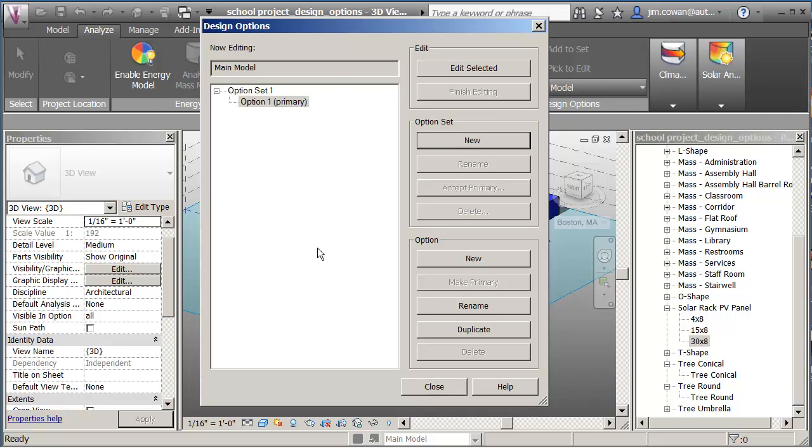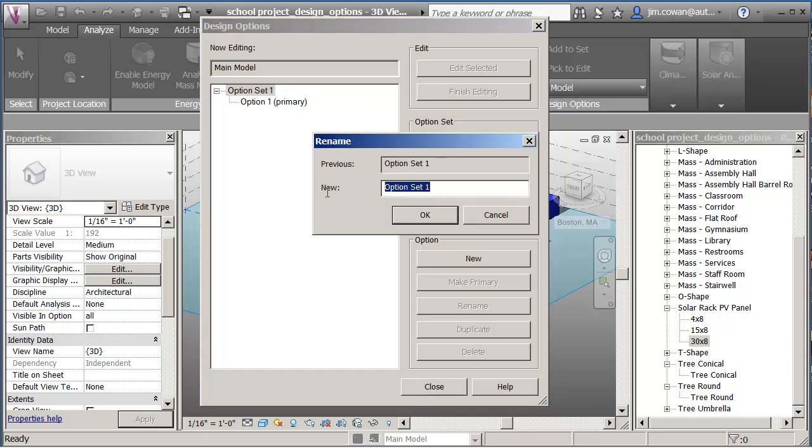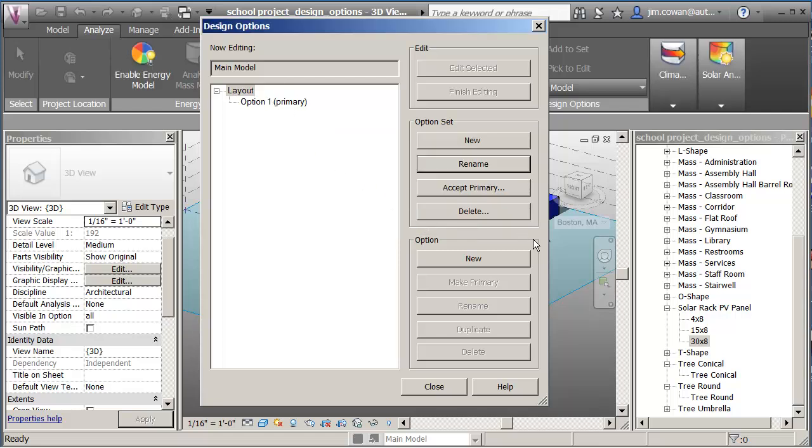Now typically this is going to be for one variable at a time. In other words, I might want to explore layout, percentage glazing, orientation, something like that. So if I pick on option set one here, I'll rename this and call it layout. And then I can create any number of options that I want. So option 1, option 2, I might be a little more specific about what they are if I rename it